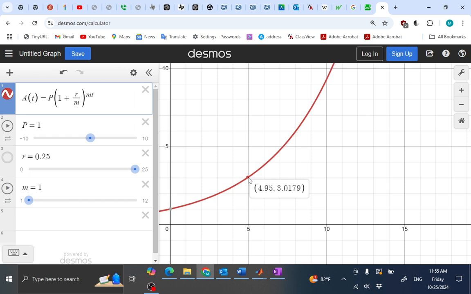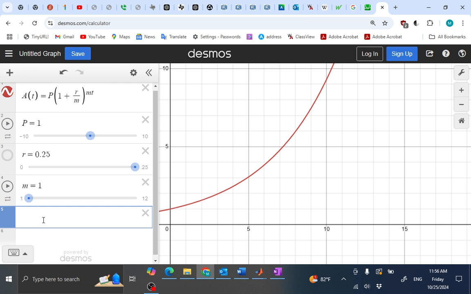So if you owe your credit card company $1 and you don't pay it, after 5 years it becomes $3. You realize how dangerous that is. Okay, as a comparison, we said for